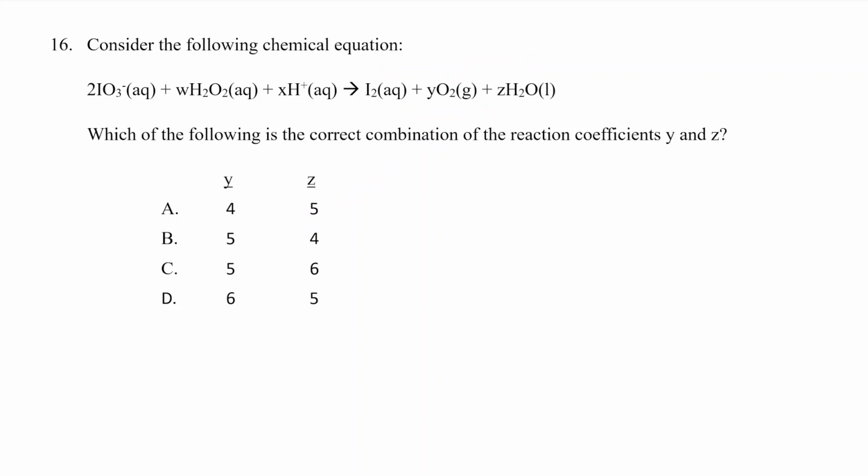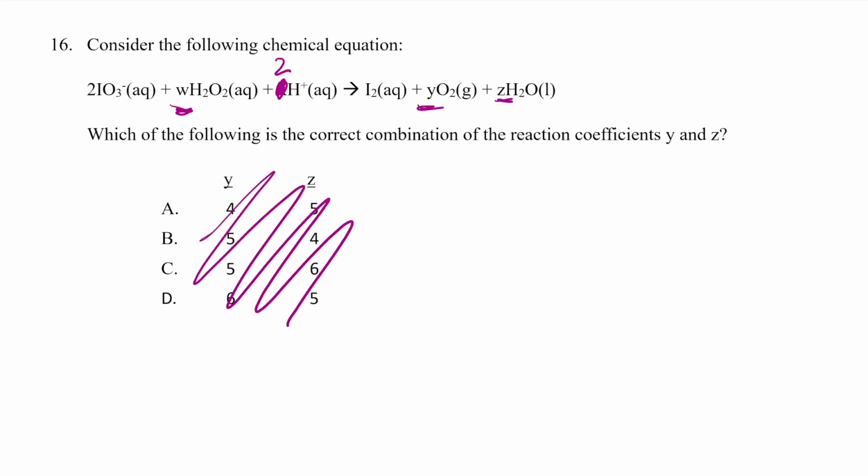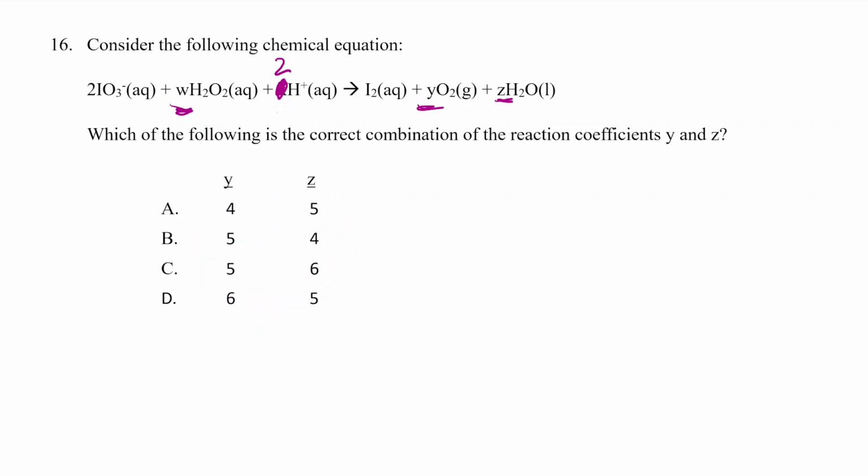Okay, now for this method, right now I'm going to still use this, that we know the hydrogen ion is 2. Okay, and I just taught you why. So in order to do this third method, we first will check whether any of these unknowns, can we figure them out just by looking at the chemical equation without any of this information that's provided here? Can we do that? Yes, we can just do it for hydrogen ion. And the rest of them, it's kind of hard to do unless you are given some information. So this third method, what you're going to do is, now that you know actually this is 2H plus,